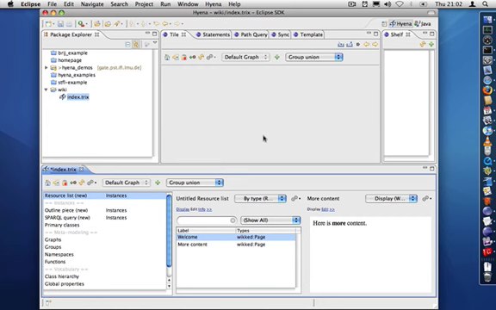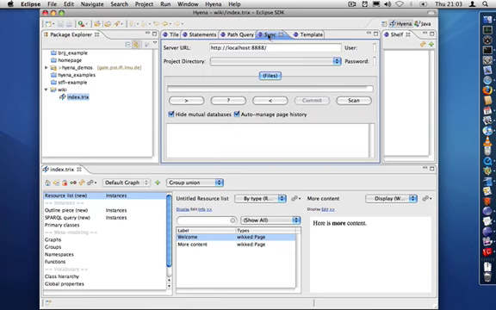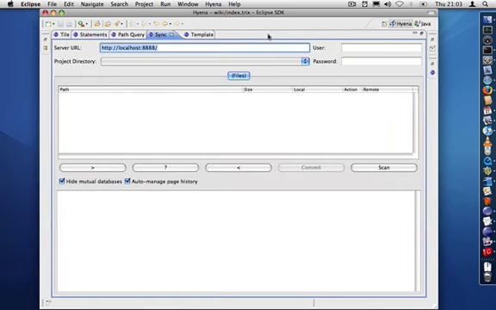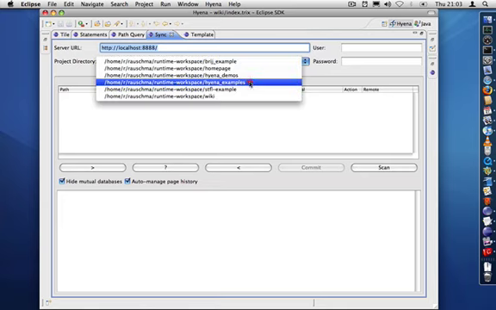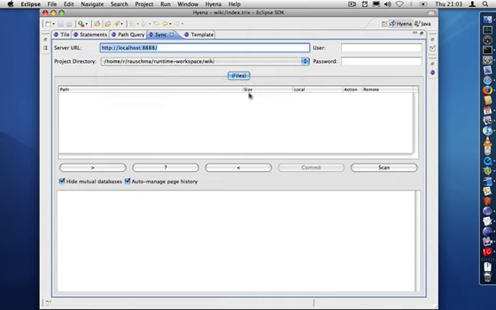Step 3, we synchronize our offline data with the web server. So what we first do is we save the file we have created before. Here it's shown as not saved yet. Then we activate the sync view. Actually, we want to make it even bigger. Then we choose a project directory to synchronize